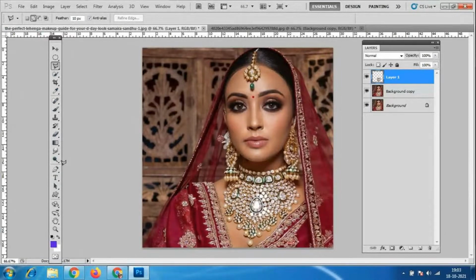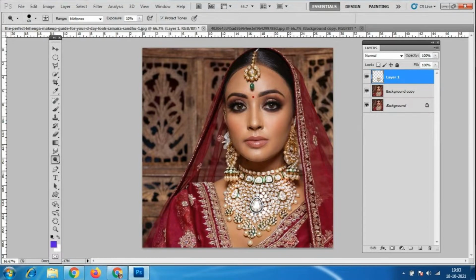Then here we have an option called the dodge tool. I only have to highlight however much I want, which is possible. See, I'm highlighting only this. Before, it is dull like this, and I'm just making it brighter. You can keep it in a different layer, otherwise you can do it in the same layer. I'm just showing the difference, how it was before and what changes we have done.